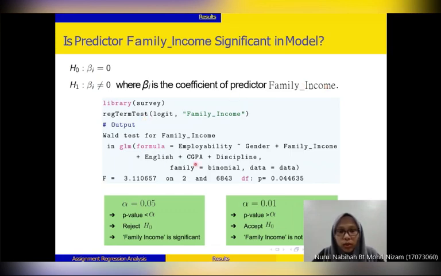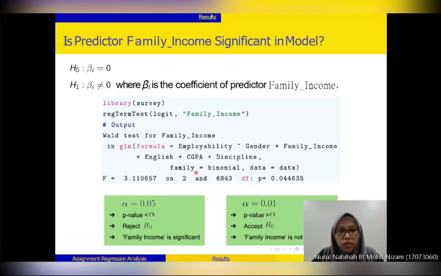This is the code to test the coefficient of family income, and the test used an F distribution with 2 and 6,843 degrees of freedom, and the test yielded an F value of 3.11 and a p-value of